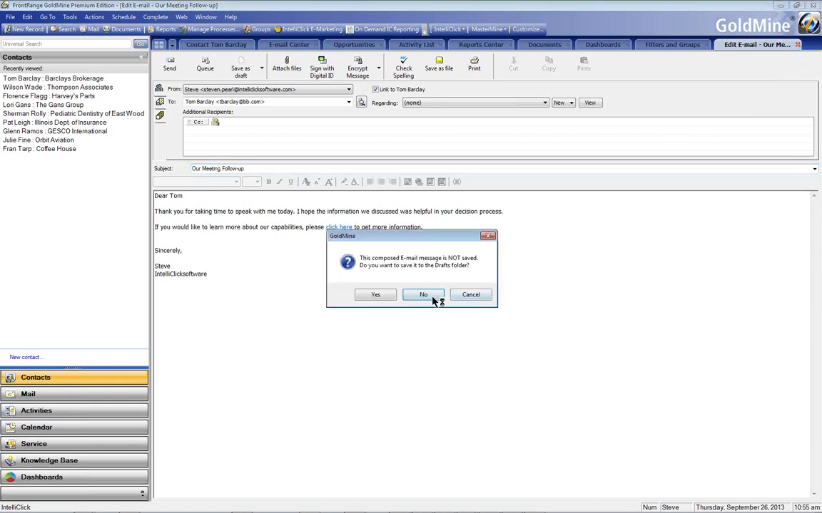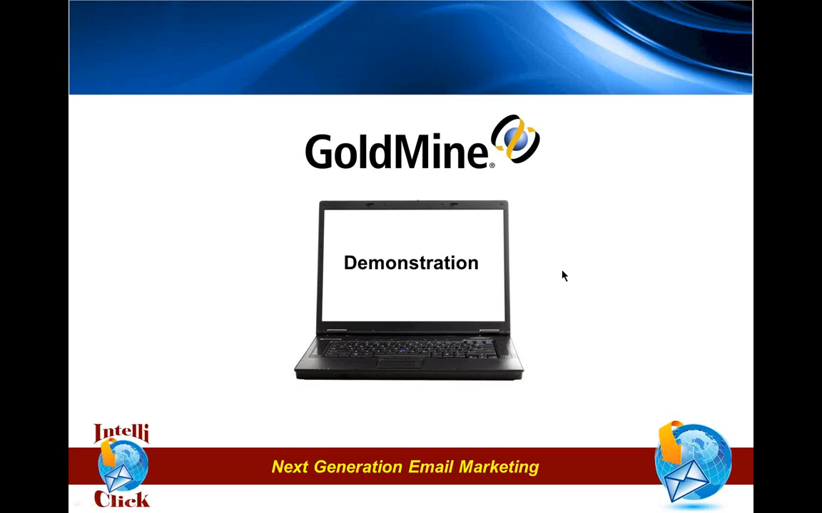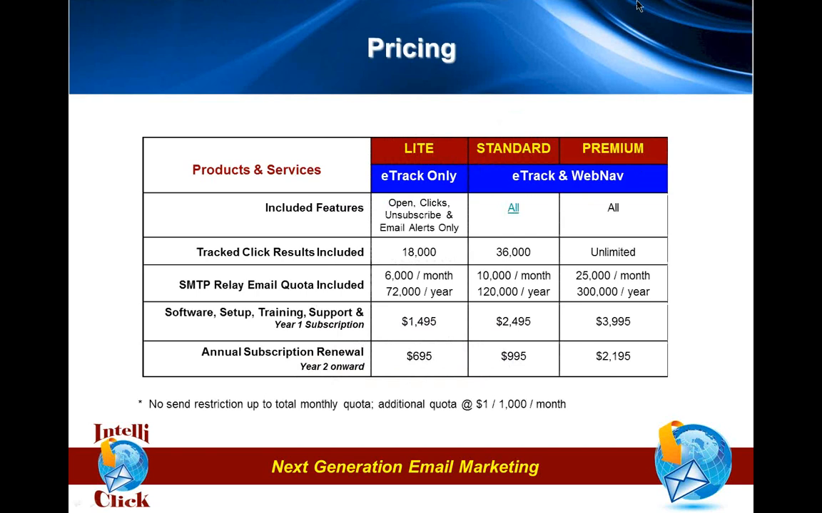So what I want to get to within the time we have here today is to quickly go back to our slide and speak to pricing. A lot of you may be wondering, how does our pricing work and what is the cost of IntelliClick? We do have three versions of the product: Light, Standard, and Premium. What differs between them is the amount of information that you track on an annual basis, the amount of email messaging per month you can send,